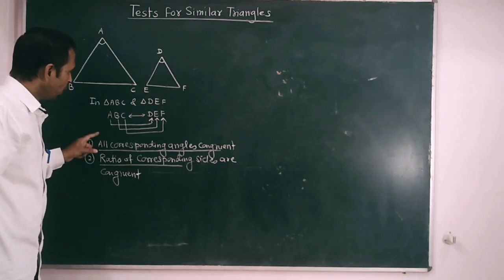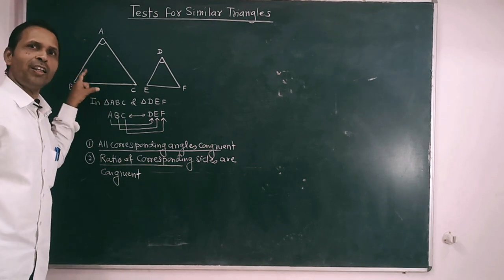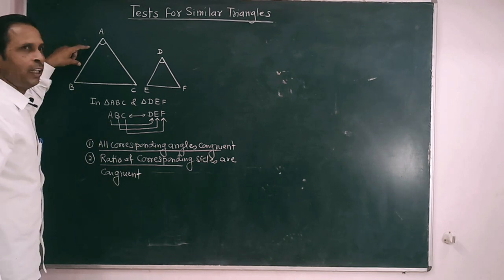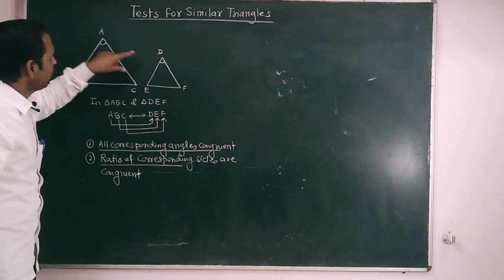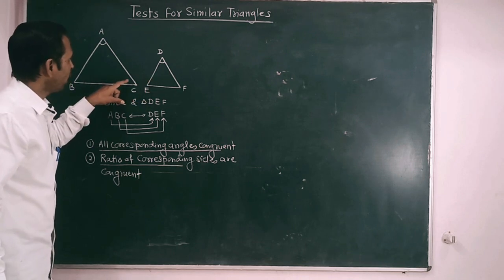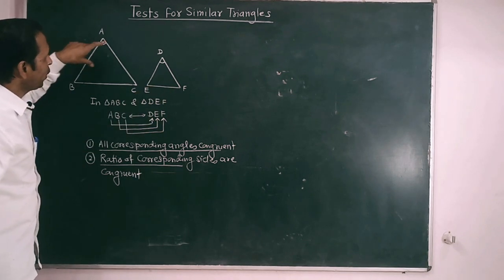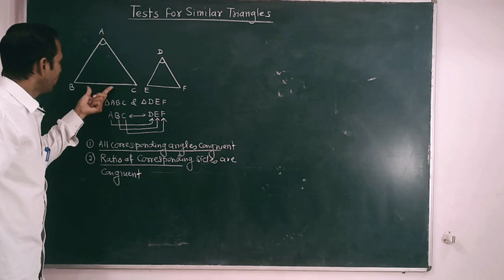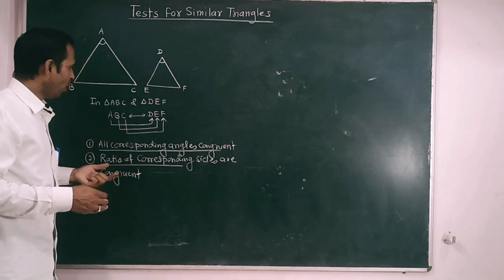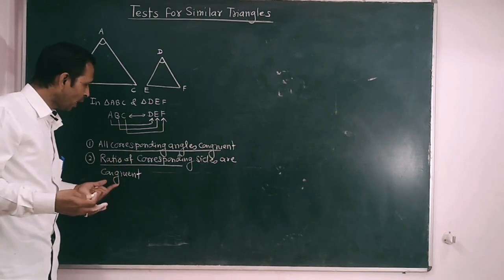And if we observe, each and every time we have to check all these conditions. It is very difficult to check each and every time that angle A is congruent with angle D, angle B is congruent with angle E, and angle C is congruent with angle F. After that, measure the length AB, measure the length DE, measure the length BC, measure the length EF, and measure the length DF. After measuring all these lengths, we take the ratio and say whether these ratios are congruent or not.